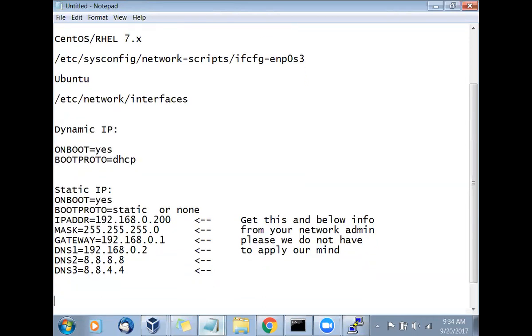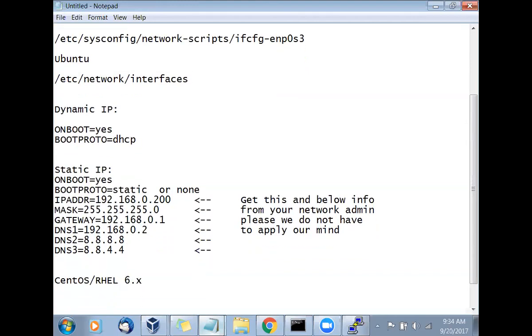After you do that, you have to restart the service. If it is CentOS 6 or 7, let's go with 6.x first. You will say service network restart, and of course you have to be either root or use sudo. A normal user cannot restart the network.